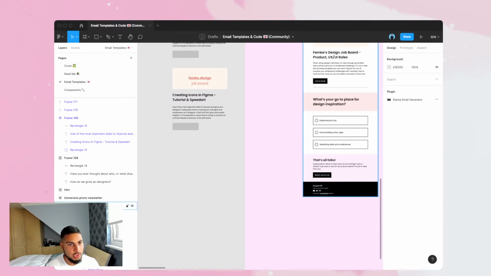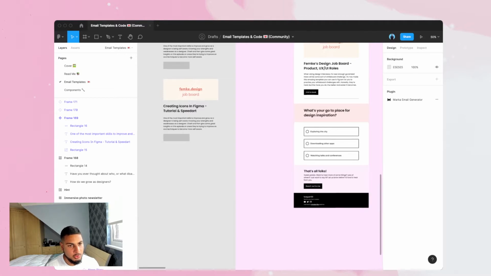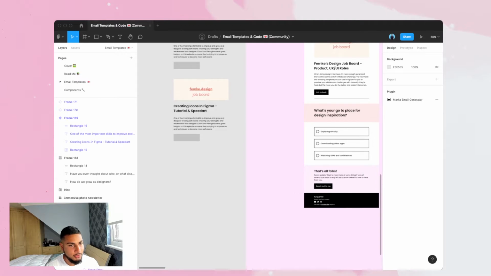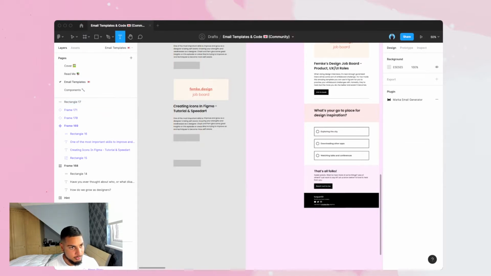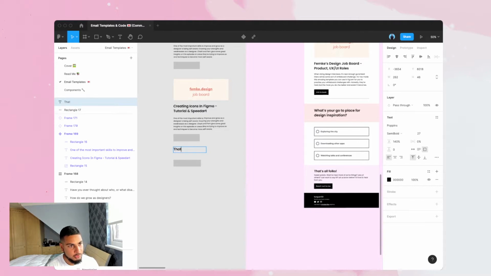So what we've got here is a pink background, but all you can see here is a header, a layer of text and a button. So what we've been doing before is we've got our button here, and then let's quickly add our text. So that's all folks. And then let's quickly get some body copy, and let's quickly paste the same body copy here,